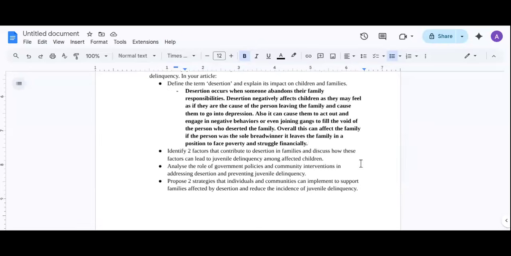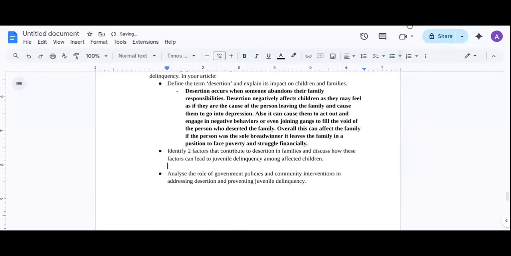The essay flows again. They ask you to identify two factors that contribute to desertion in families and discuss how these factors can lead to juvenile delinquency among affected children. So, two factors that can contribute to desertion. What can make a person leave their family or abandon their family? Okay, so